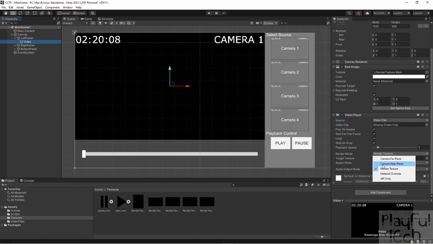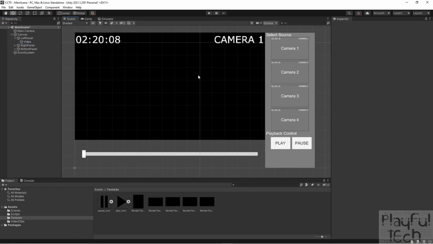So we'd choose camera near plane, for example. That would fill the whole screen with the frames of this clip as the video player ran through them. But that's not what we want in this case. We want to actually have multiple video clips positioned in different positions of the screen, and we want to be